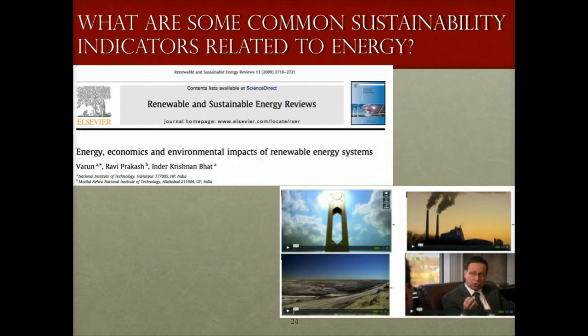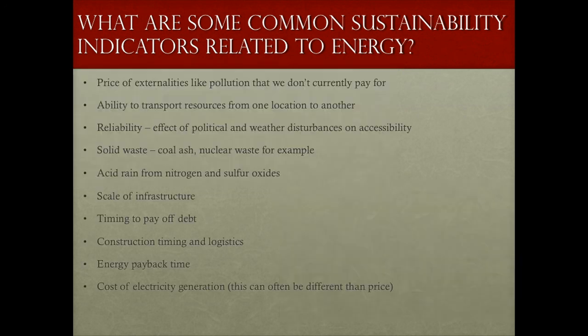The third journal article, Energy, Economics, and Environmental Impacts of Renewable Energy Systems, along with the 4 switch videos, provide more information about specific sustainability indicators that are important for energy decision making. Some additional sustainability indicators from these sources include price of externalities like pollution that we don't currently pay for, ability to transport resources from one location to another, reliability, the effect of political and weather disturbances on accessibility,